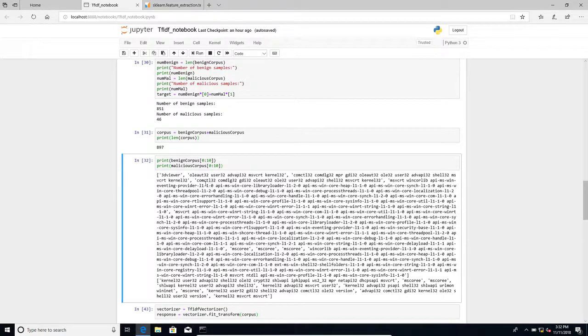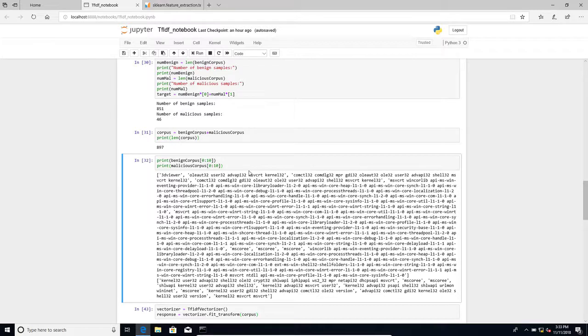The simple-minded way is to count how many times each word occurs per document. So I might say kernel32 occurs once here, but maybe here kernel32 does not occur, so I'll say 0, and I'll create a vector out of this idea. The reason this is a simple-minded approach is that perhaps kernel32 is what is known as a stop word. A word that is not significant but occurs very frequently. For example, the word "the" is very frequently occurring, but it's not very meaningful.